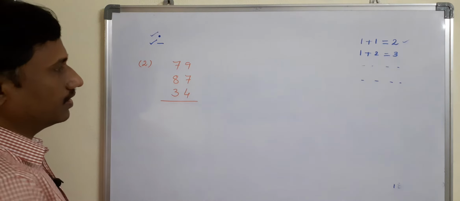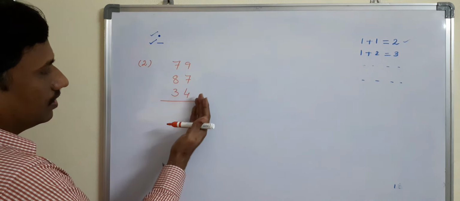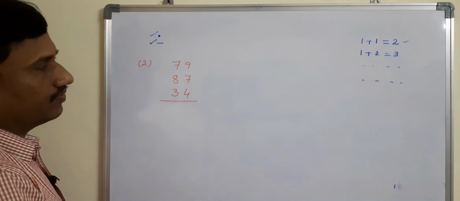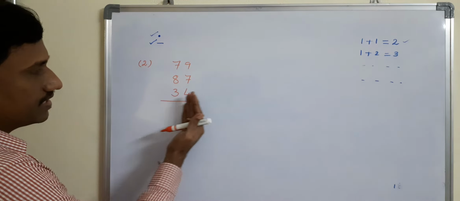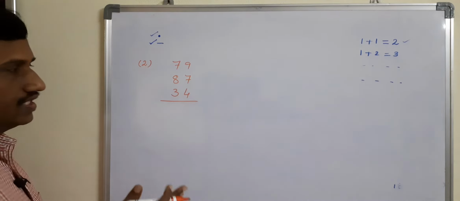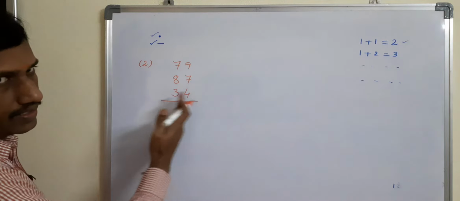It is not mandatory. You can start addition from right to left or left to right. But in general, how we are following is from ones place, means from right side to left side, we are doing addition. But in Vedic maths, you can do it in both ways. You can start from here to here or here to here. How to do? See here.